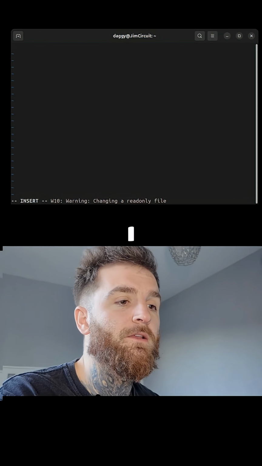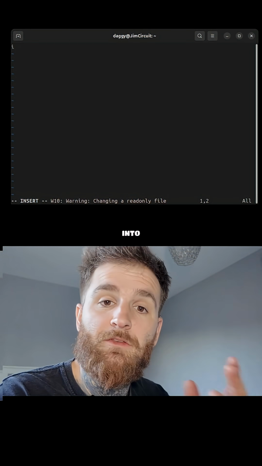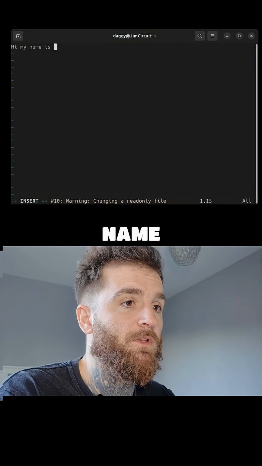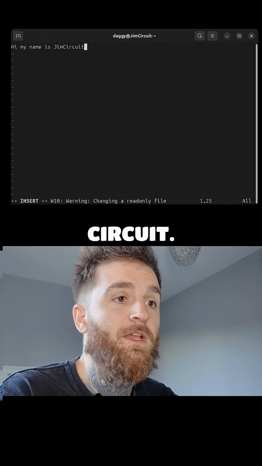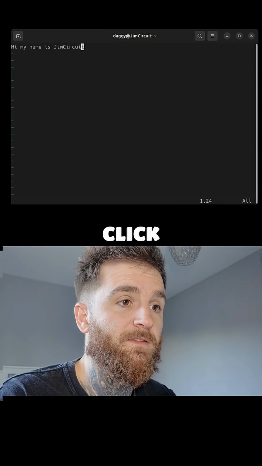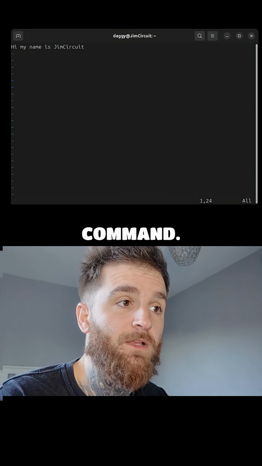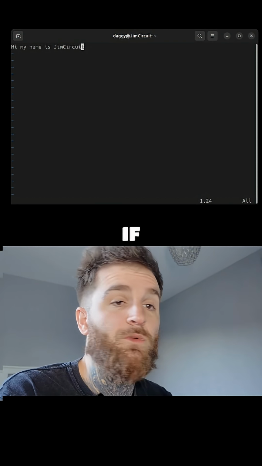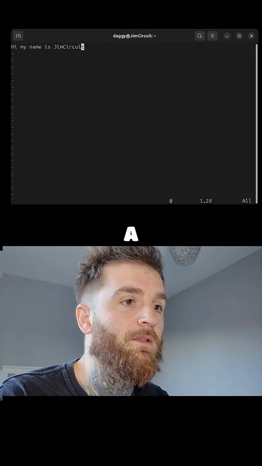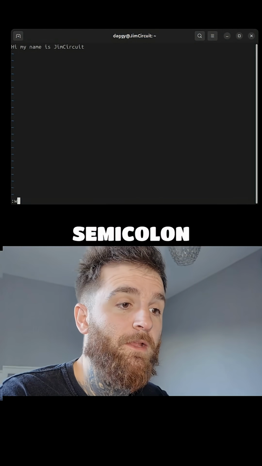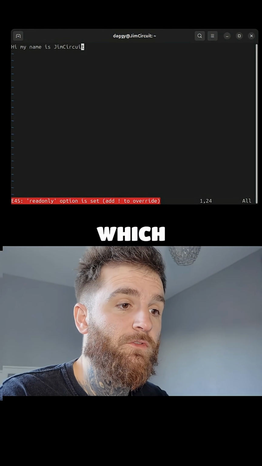Basically you type i, and then you are entering into editor mode. So you can now type, so, hi, my name is Jim Circuit. And to exit this, you would click Escape. And then that basically allows you to start being able to type commands. So for example, if you want to save the file, you would then do a colon and a w, which